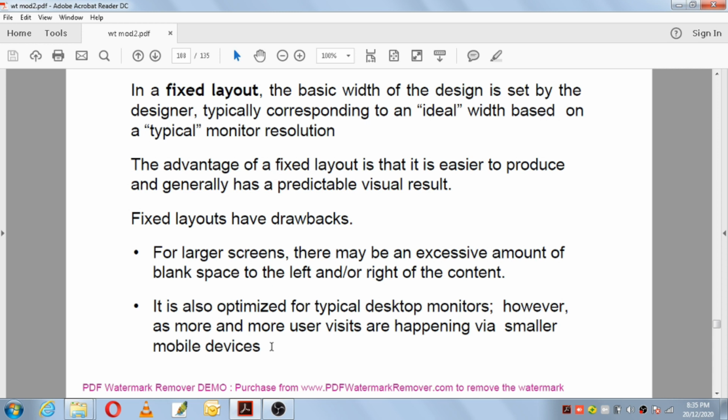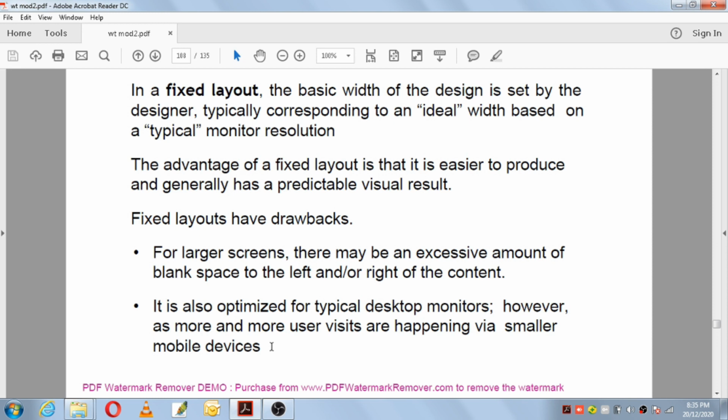Much worse is when the browser window shrinks below the fixed width. The user will have to scroll horizontally to see all the content.